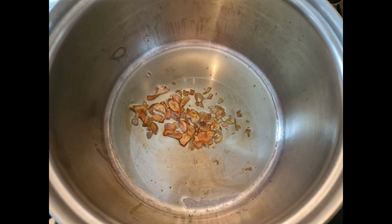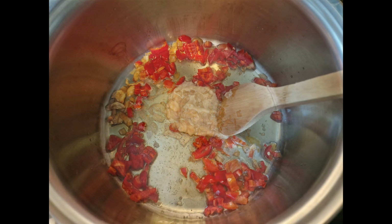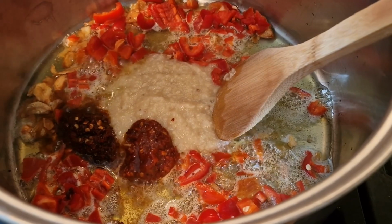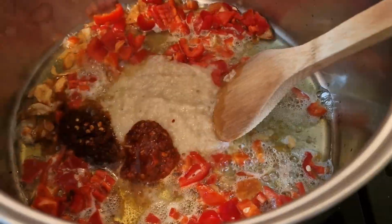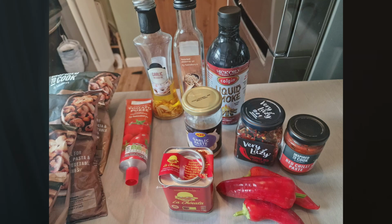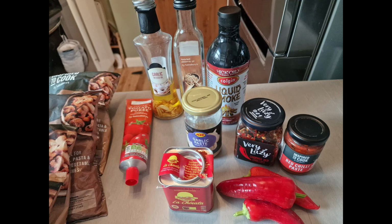You put them in the bottom with hot oil of a big pan because all the mushrooms are going to be really big when you put them in and then they shrink down, as you will see. You heat the oil, start frying the chilies. You then add garlic puree to go with the garlic oil. Why not? You add chili puree as well and some of the pre-chopped chilies that I get from a jar. You can see those on my selection of ingredients. I then added